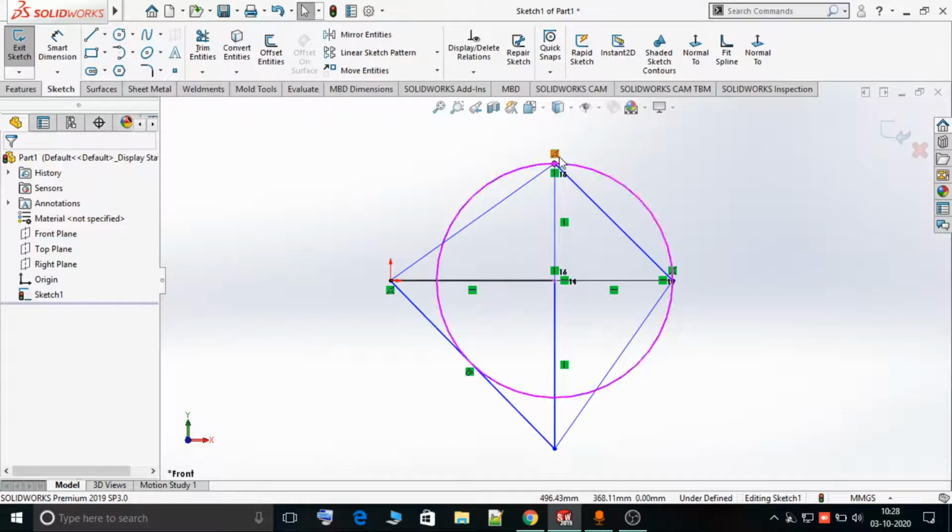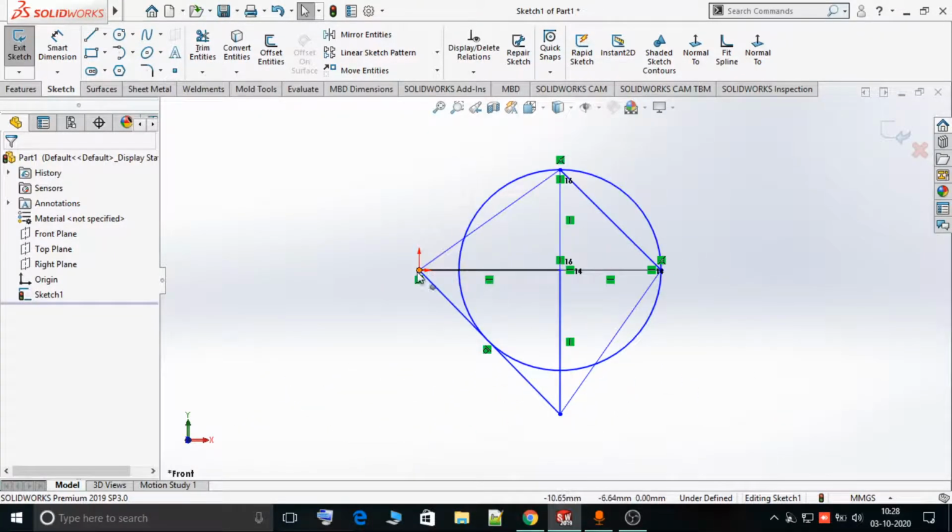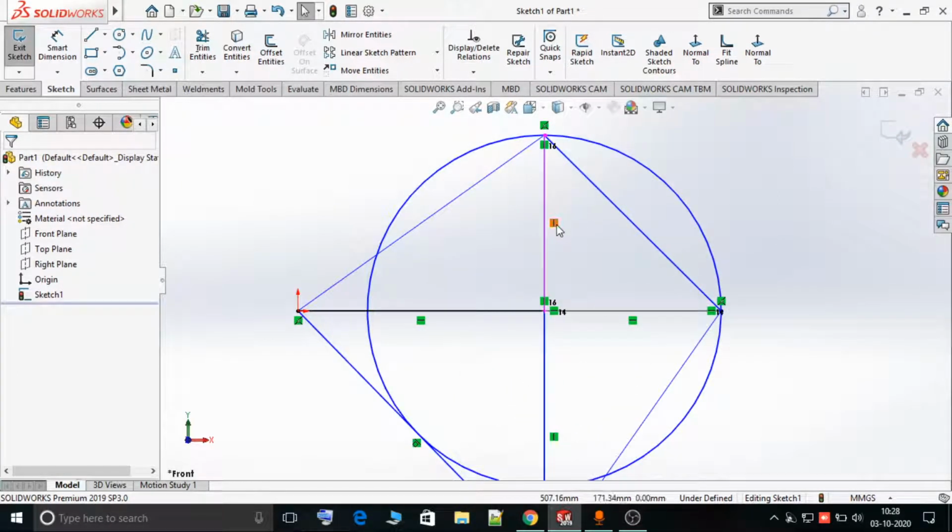You can see I have drawn a circle, and inside that circle from this origin I have drawn different lines, and you can see this sign indicates that it is a vertical line, so it will show the vertical relationships. As you move your cursor over that relation, you can see different relations. This is a horizontal relation, again this is horizontal, and here you can see the coincident, meaning all these three lines are meeting at one point, so it is a coincident point.